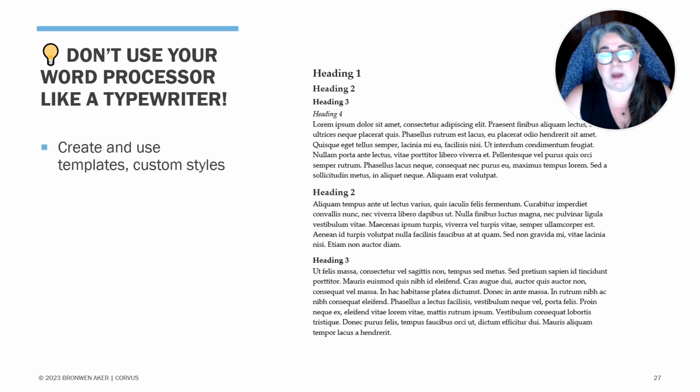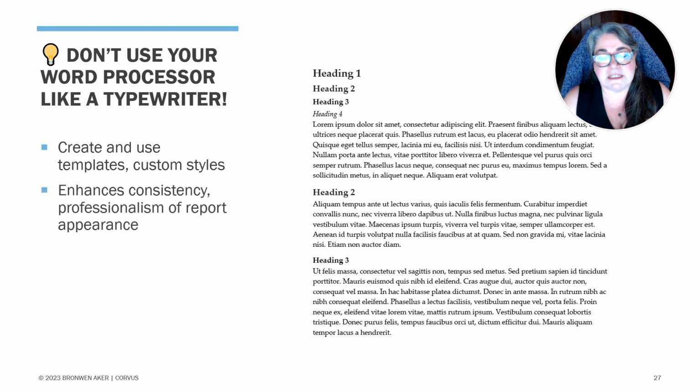In addition, you might want to consider having a custom style for a code block. So if you apply a style to a paragraph, that entire paragraph can then be turned into a formatted code block that is similar to what you would see when executing it in a shell window. Some of the reasons for using styles is that it enhances consistency and the professionalism of your report appearance. And this is something that